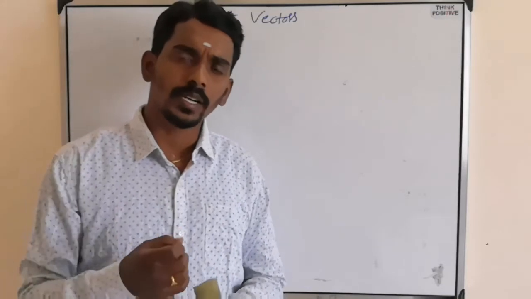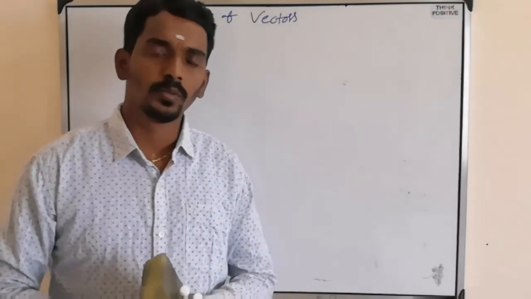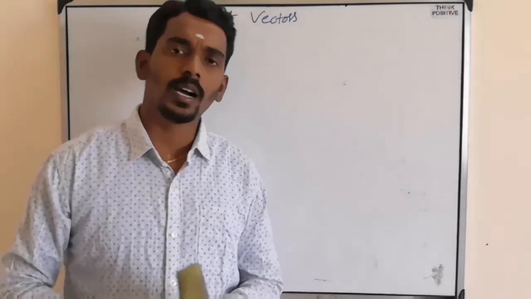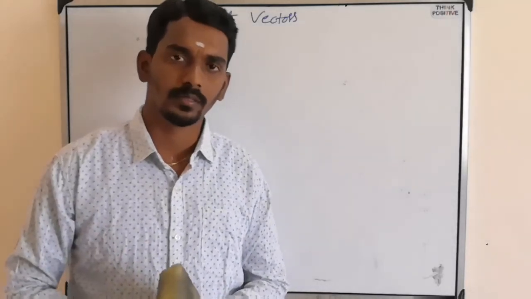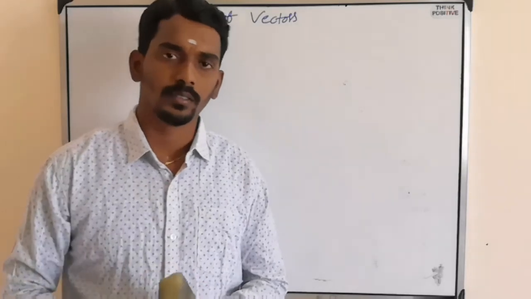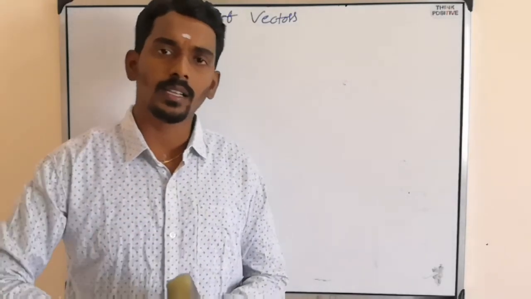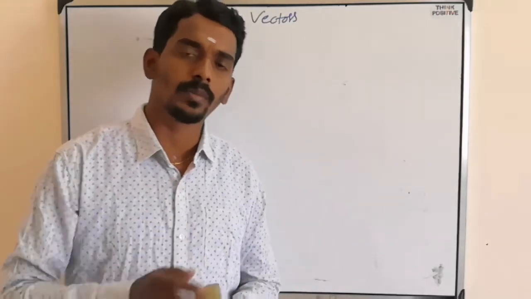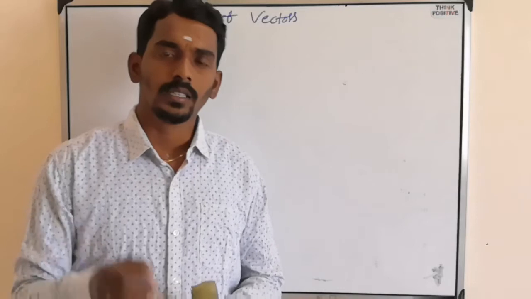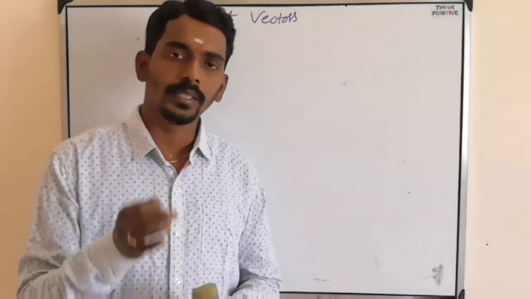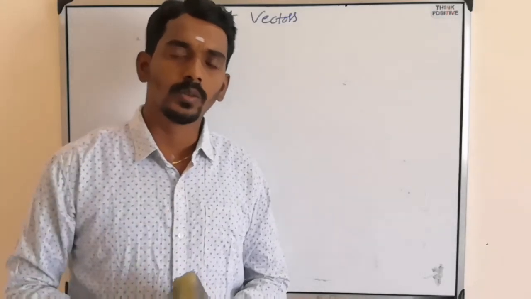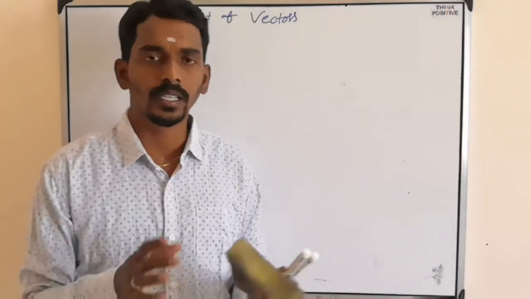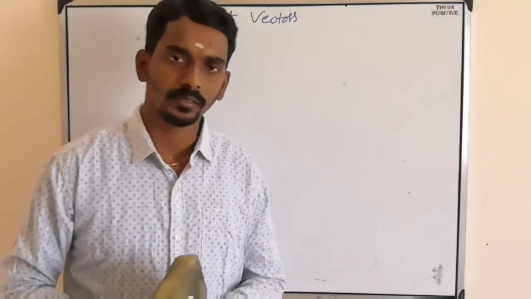And also we have studied addition of two vectors, which is nothing but the resultant of two vectors. So A bar plus B bar becomes another vector, a third vector R bar. So R bar equals A bar plus B bar. Then the resultant vector magnitude is R square equals A square plus B square plus 2AB cos theta. That is what we have studied.